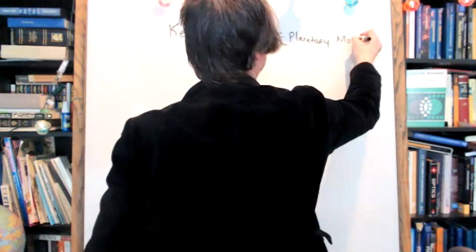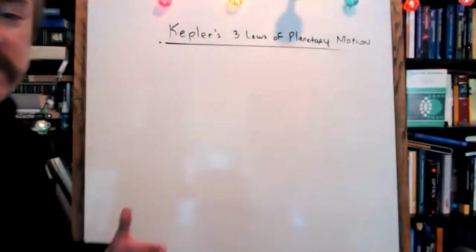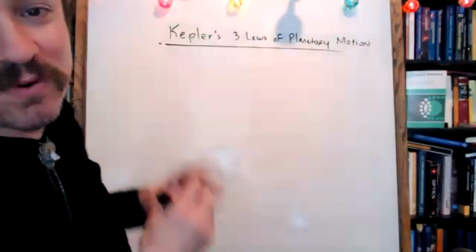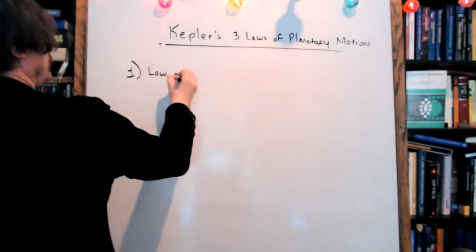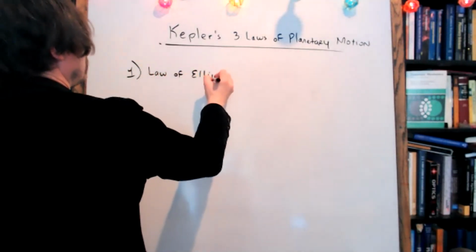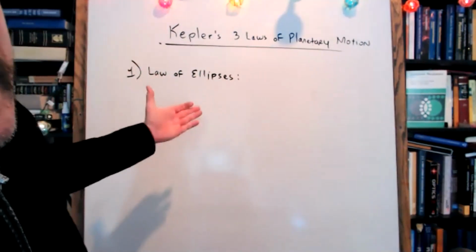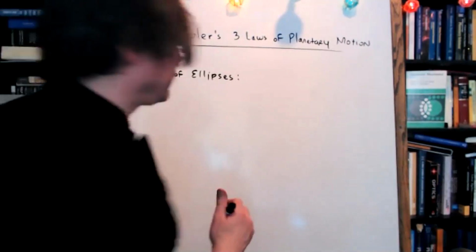After Kepler discovered that the orbits of planets were ellipses, he discovered three kinds of truths about planetary orbits, and he wrote them up in a book called Harmonices Mundi, on the harmony of the worlds. The first law is called the Law of Ellipses. Astronomers love this stuff because this is like the first time that anyone actually got something right in astronomy. So this is kind of a big deal.